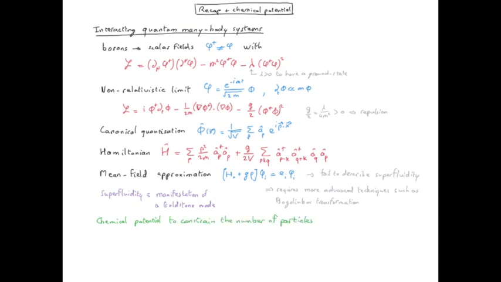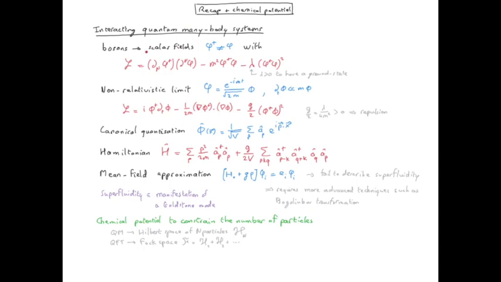Indeed, in standard quantum mechanics, we don't need such a chemical potential because we simply describe our system in a Hilbert space with a fixed number of particles, and all the operators act on this Hilbert space. However, in quantum field theory, we live not in a Hilbert space, but in a Fock space. A Fock space is the sum of all the Hilbert spaces for all the numbers of particles. So it's a sum of the Hilbert space for one particle, for two particles, for three particles, etc.